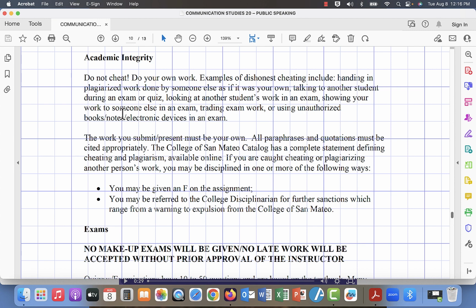With academic integrity, I do not want you to cheat, so please do your own work. And there's ways of finding out. Unfortunately, I have had to incorporate the test proctoring system Proctorio in our class. When you do your quizzes, you'll be asked to log into Proctorio, and I have specific instructions that will be delivered to you on how to add Proctorio to your Google Chrome extension, and then I will have specific phone numbers and emails that you can contact them for tech support.